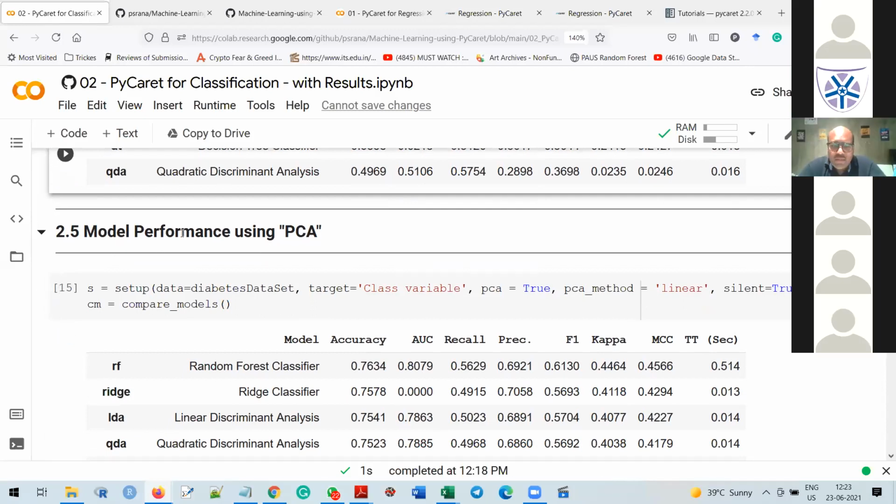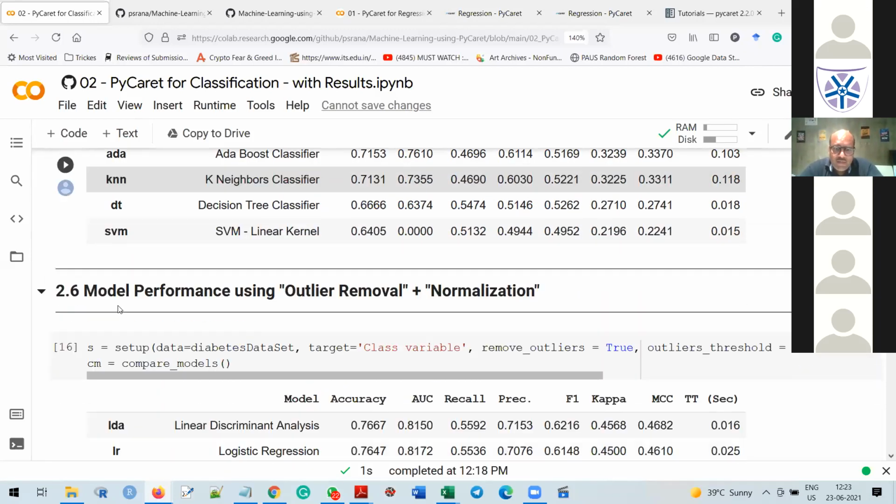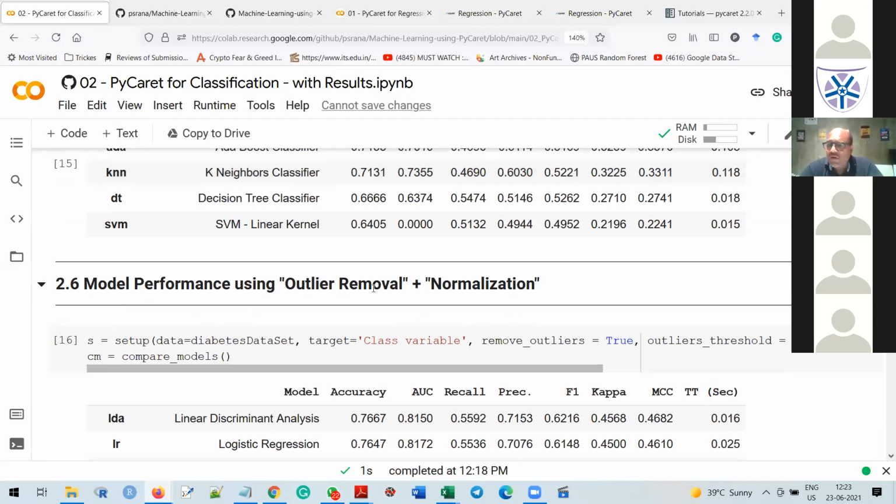Now just come to 2.5, model performance using PCA. So I'm applying the PCA and I'm getting an accuracy of 76%, and the random forest model this time outperformed. So class, next, in a similar way applying outlier removal with the normalization part, I am getting my accuracy of 76%.